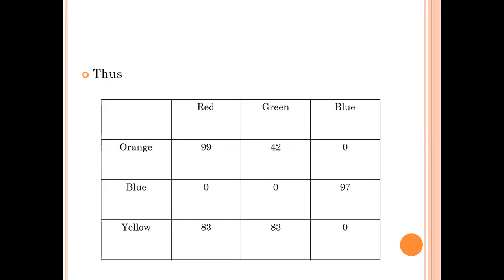It can be orange, blue, or yellow, depending on the concentration. For example, if there is 83% stimulation of the red cones and 83% stimulation of the green cones, it will give rise to yellow color. Okay, so depending on how much stimulation and which type of cones get stimulated, it can produce different colors, starting from red, green, blue, orange, yellow.